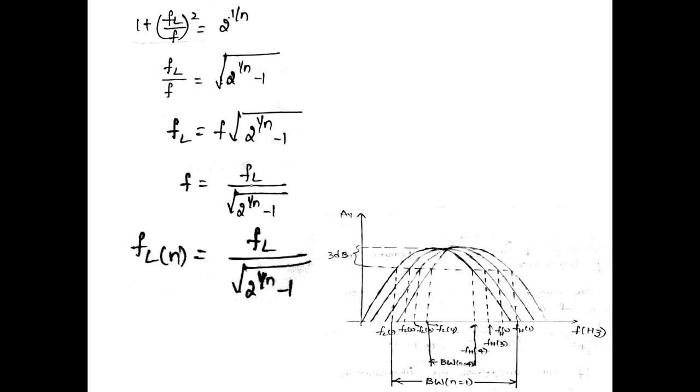Whenever you cascade a number of stages, the voltage gain and the current gain are going to increase. At the same time, the major problem is that the overall bandwidth of the amplifier decreases. We need to ensure what my exact bandwidth requirement is, what the voltage gain requirement is, and what the current gain requirement is. Based on these conditions, we need to choose the number of stages in a multi-stage amplifier. This is about the effect of cascading of amplifiers on bandwidth.